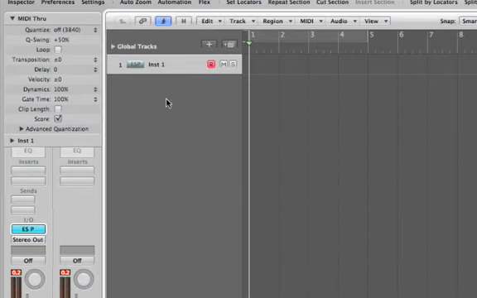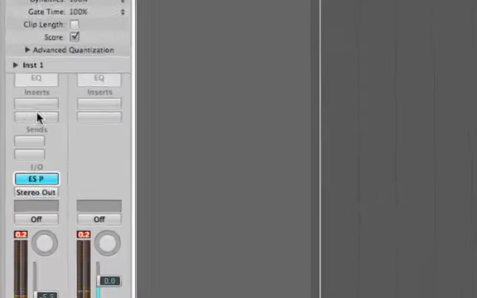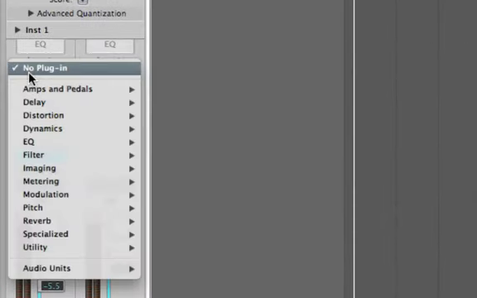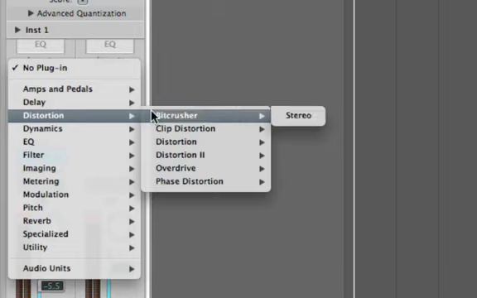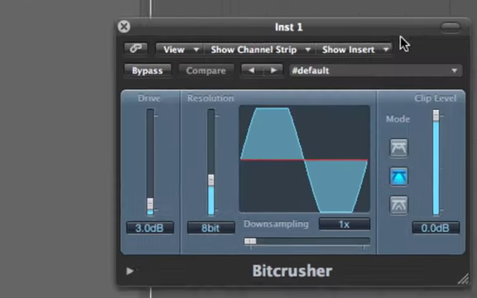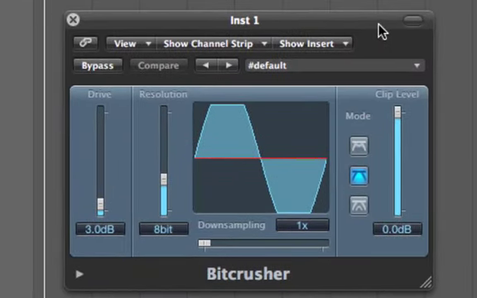Now that we have our basic sound down, you could stop here, like I said. But I like to do one more thing. You go into Inserts, which is the Effects section. Go to Distortion and go to Bit Crusher. The Bit Crusher just reduces the amount of resolution that there is.